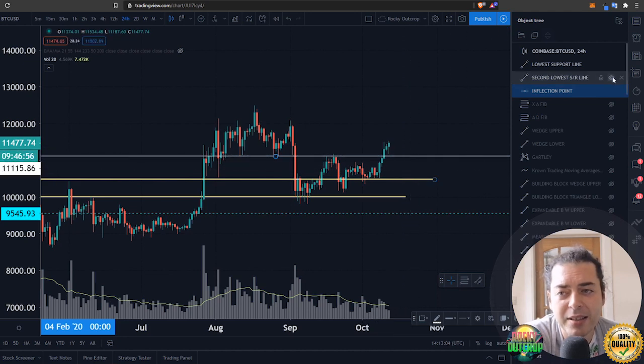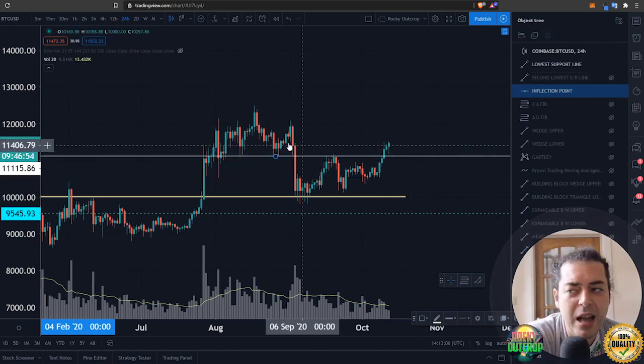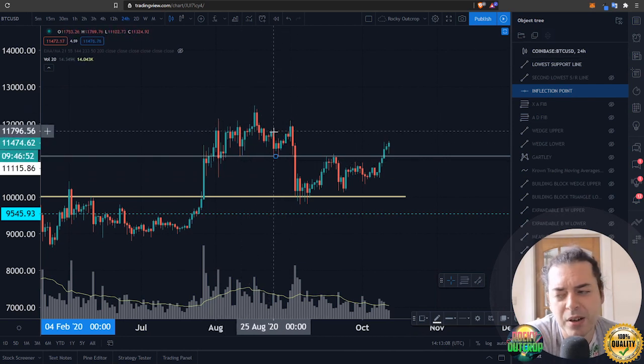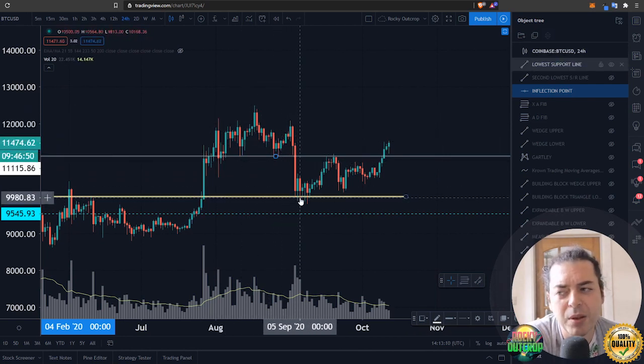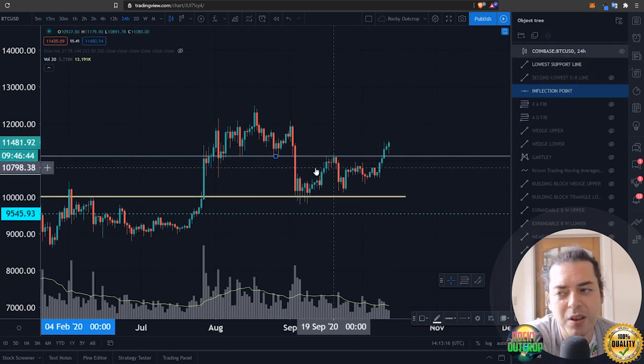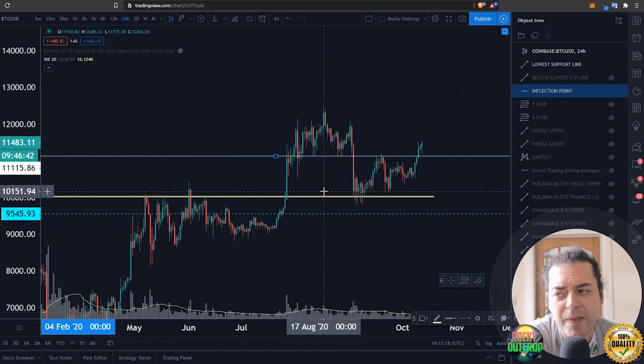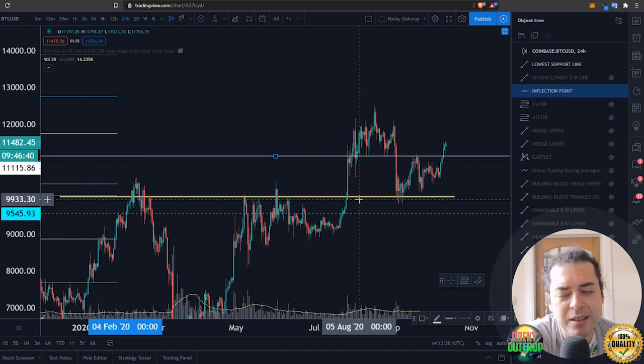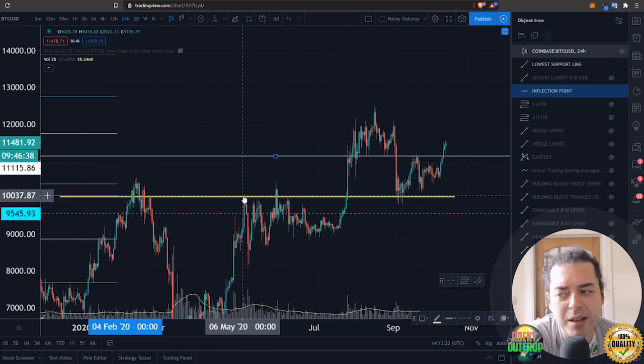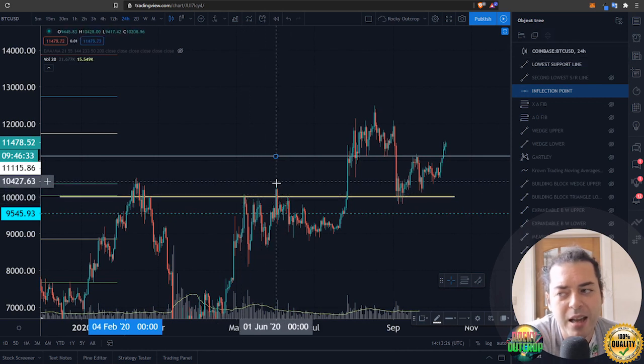Now, if I hide the second support and resistance line here, at this point of this inverted head and shoulders, you could have drawn in a measured move that would have taken you down towards this area over here, where we have what I'm currently calling the lowest support line in this range. And looking back to the left, you can see its interplay with the price action as well. For instance, over here on the 6th of May, and numerous wicks around that area,